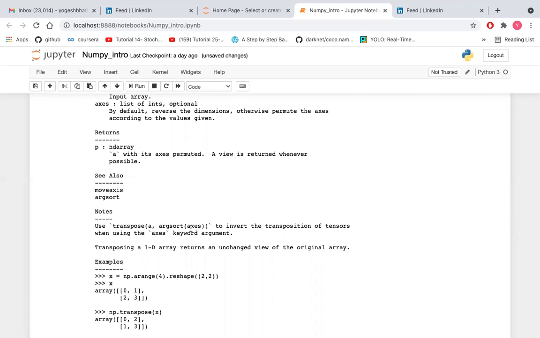If there is a two-dimensional array, then what will the permutation value be? The permutation value will be 0 1. If we are not putting any value, the default value will be 1 0, but if we put the value 0 1 inside it, it won't change. We will understand this using some examples. The same applies in the case of a 3D array. If we are doing 3D, there are axes 0, 1, 2 which will be permuted. So how it will work, let's understand.